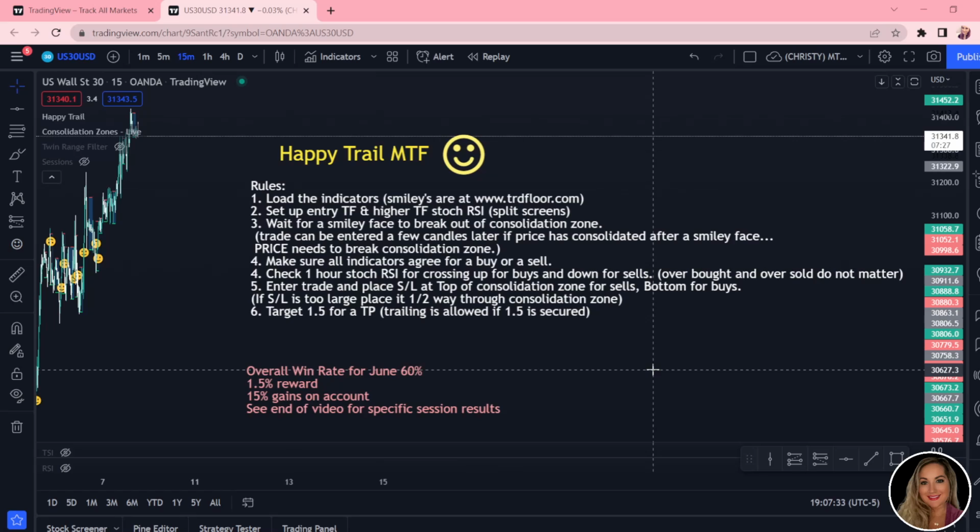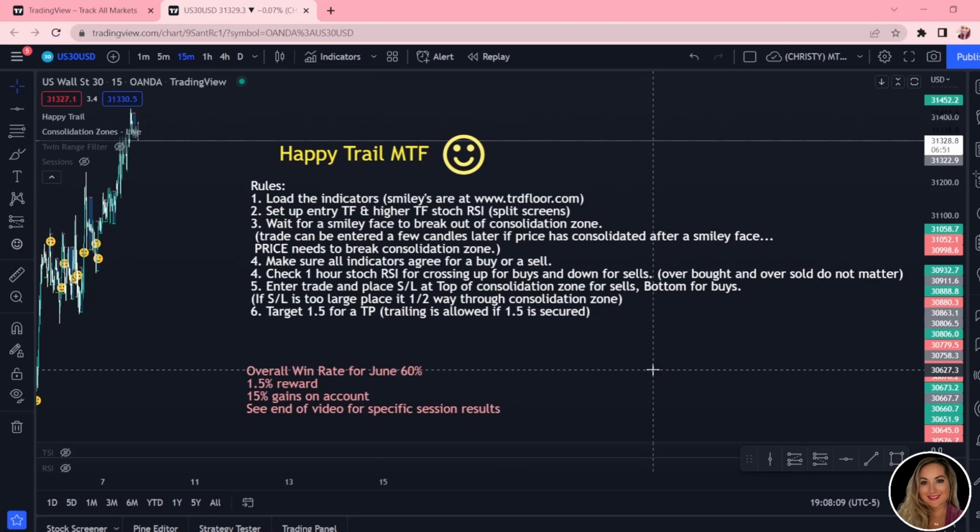If you want to enter on the 15 minute time frame, then you will use the 1 hour as your higher time frame. If you use the 1 hour as your entry, you will use the 4 hour as your higher. If you enter on the 4 hour time frame, you will use the daily as your higher time frame. I know for a fact that this works with the 5 minute as an entry and the 15 as a higher. I know that it works with the 15 minute as an entry and the 1 hour as a higher, and I know that it works for the 1 hour with the 4 hour as the higher